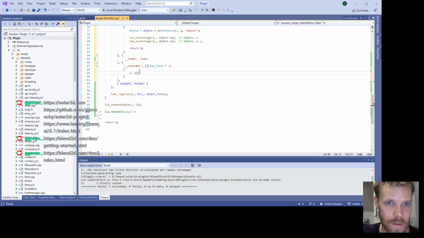So it'll be a signature like this. So how do I want to do this? So if it's a string,